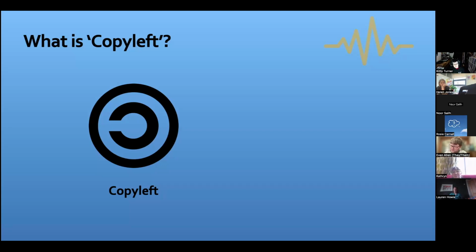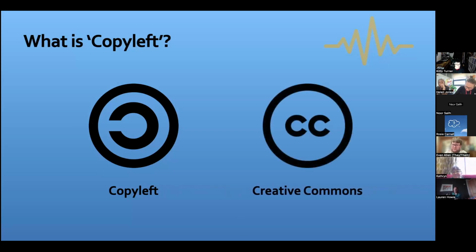So it originated in the open source software world. However, it's now increasingly being used for other property, so audio, video, music, and books, for instance. And there are several forms of copyleft licensing, the most popular being the Creative Commons licensing. And that is the Creative Commons sign. And if you see any material with that sign, you know that it has a Creative Commons license attached. Now, licensing is done at the moment via 6 types of Creative Commons licenses. And I'm just going to show you some of them.